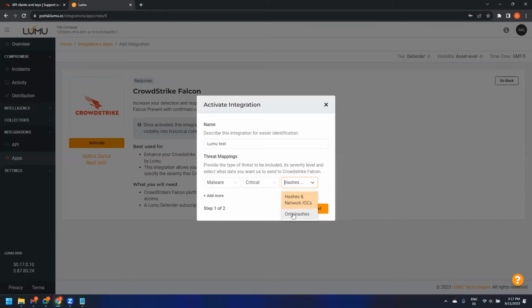This is for granularity. If you don't want to have network IOCs, then you only want to select the hashes option. But in this case, we're going to select the hashes and network IOCs. We can also select the severity level. This is the information CrowdStrike will be using to issue a new alert inside the CrowdStrike detections portal. Have in mind that if you select a level lower than medium, low or informational, then you will not have any single alert in your